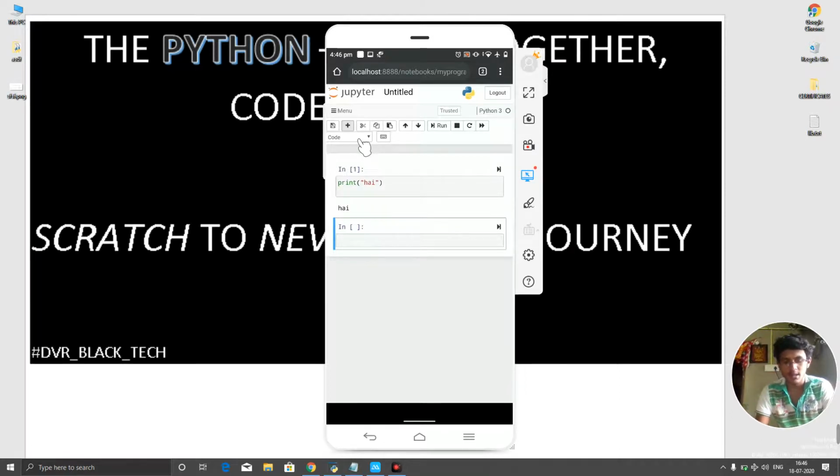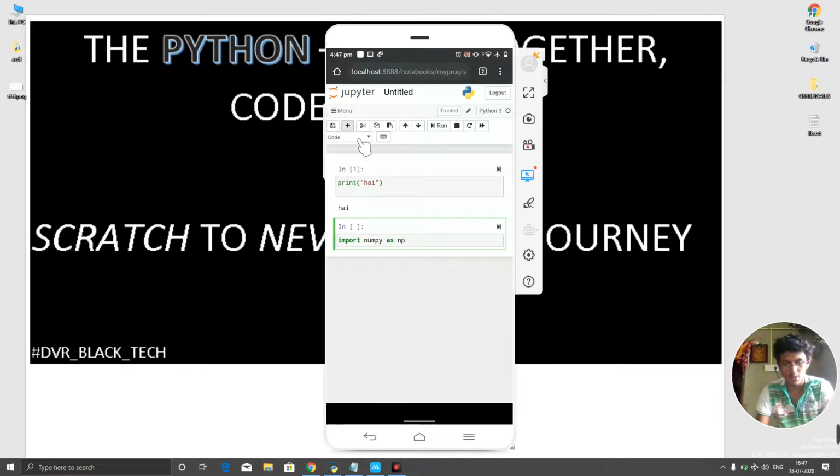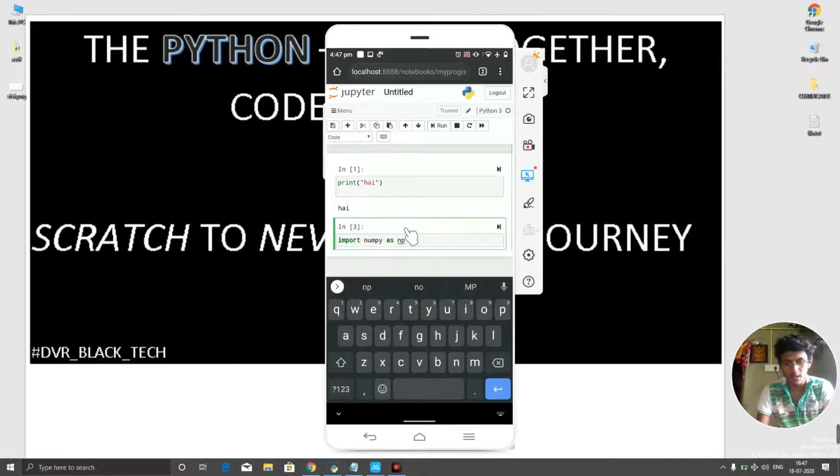I think here I can now import numpy as np. We'll check whether it works or gives us an error. I clicked it two times. Yes, it is now successfully imported. We are not getting any errors, and now I'm going to import